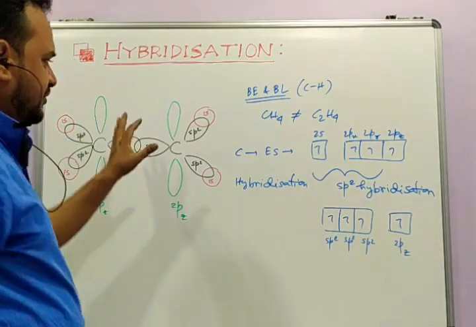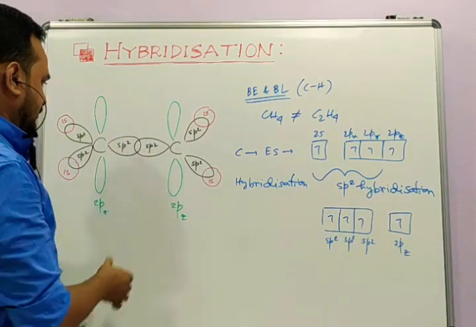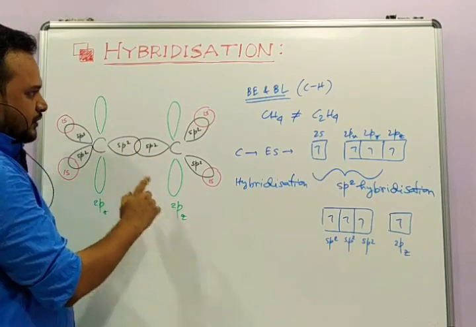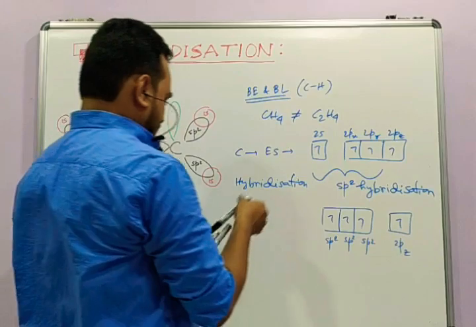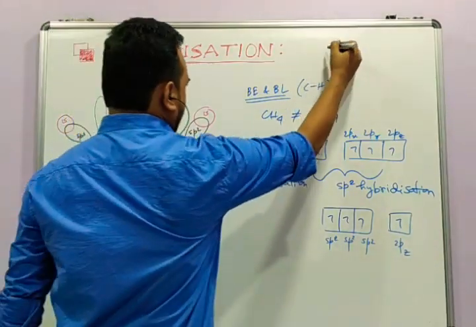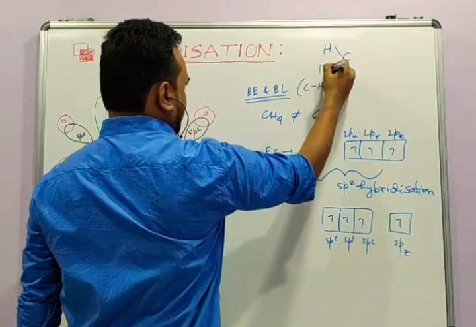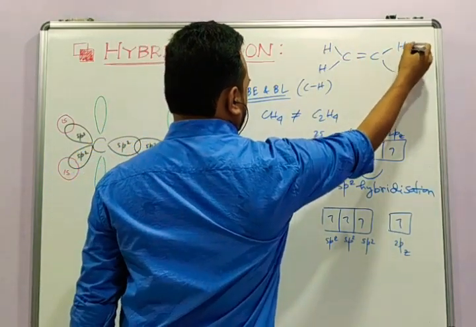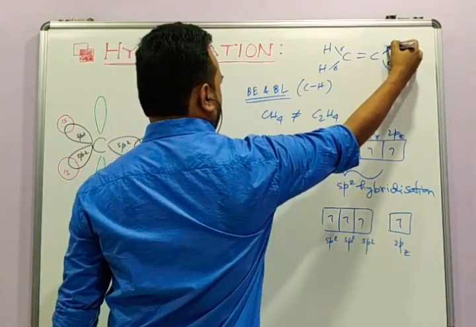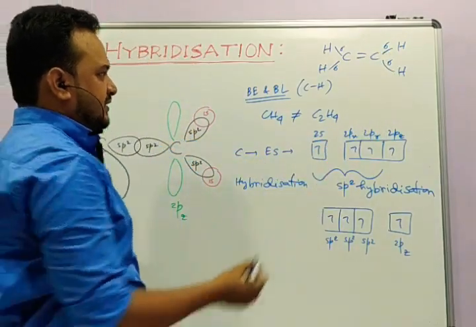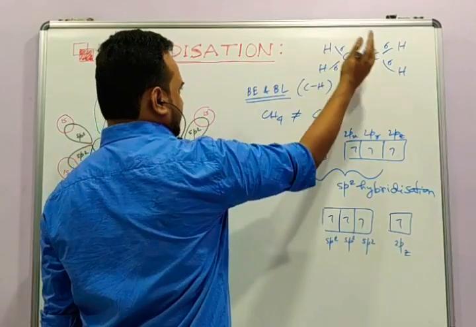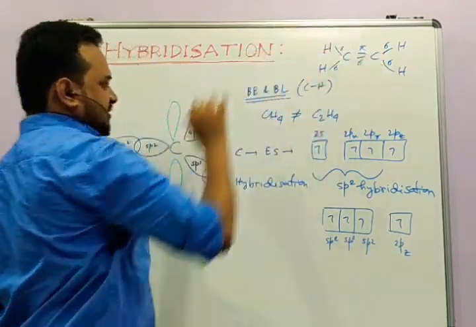So this is the picture for the ethylene molecule. The carbon-carbon sigma bond is formed, because you know that when there is a multiple bond, only one of the bonds is sigma. If I draw the ethylene molecule again, these things are known to you: a single bond always means a sigma bond, and if there is a multiple bond, then only one bond will be sigma, and the rest will be pi. So here the rest is only one bond, so one pi bond. So this is the scenario.